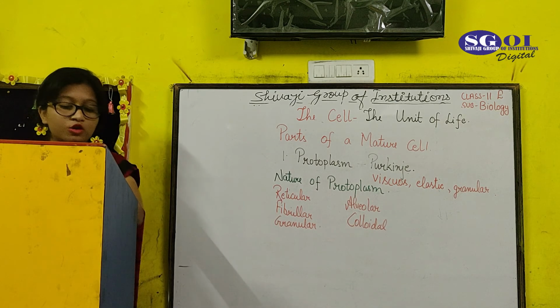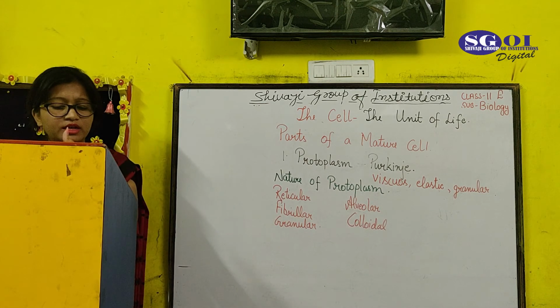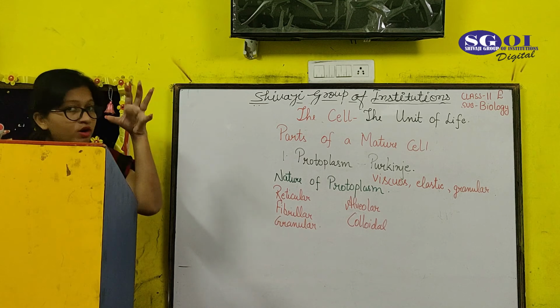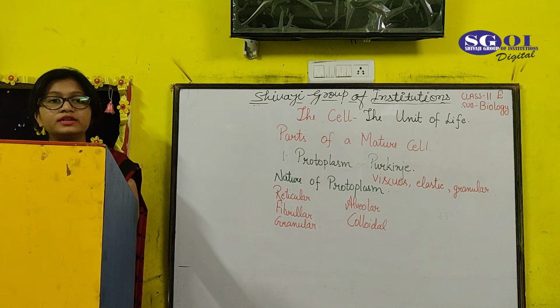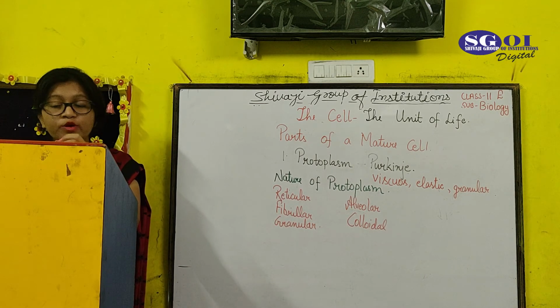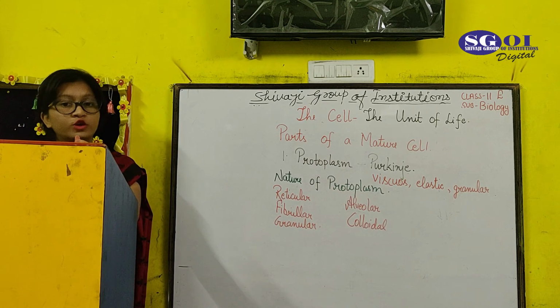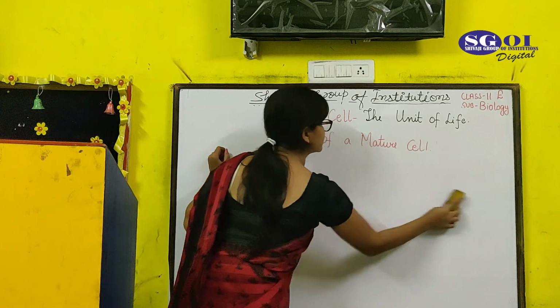Then came the chemical composition of protoplasm. There are many chemicals like nitrates, sulfates, bicarbonates, anions, and cations. These are the chemicals which help in the constitution of protoplasm and are considered its chemical constitution. Other than these chemicals, nucleic acids are also present. Nucleic acids are made up of carbon, hydrogen, oxygen, nitrogen, sulfur and also phosphorus. Let's discuss this in detail.